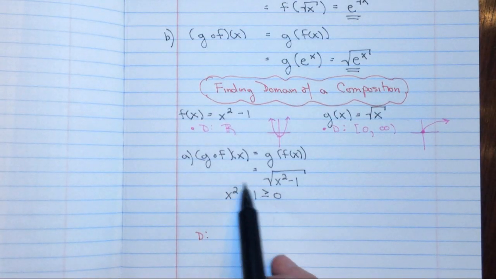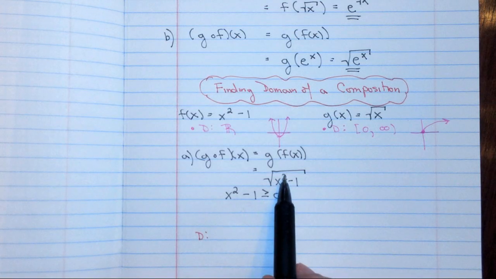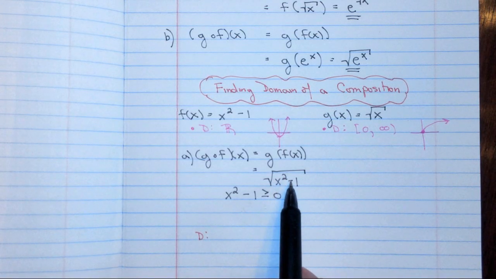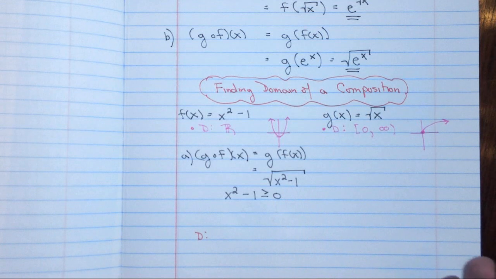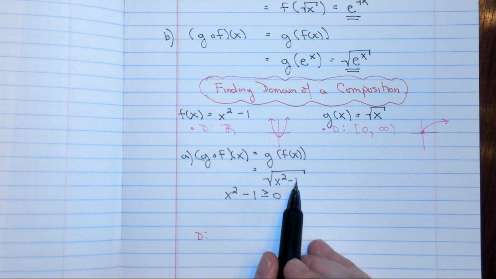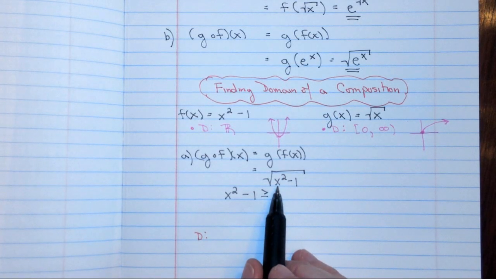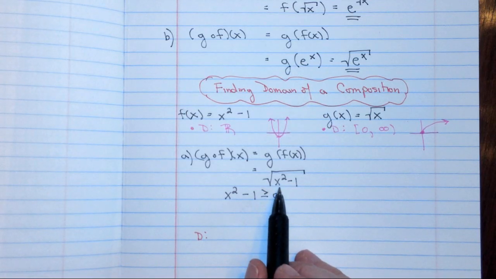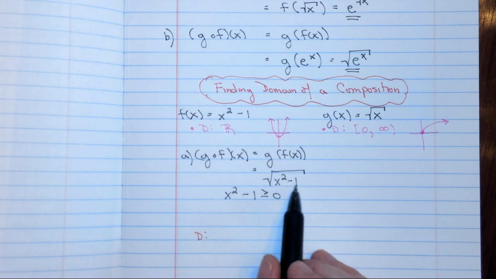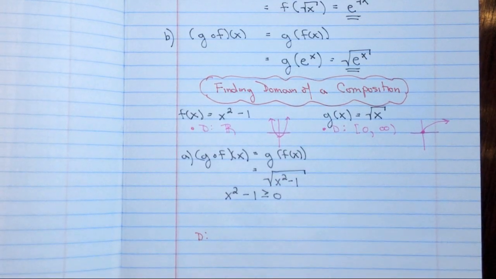So I always need this to be bigger than or equal to 0. If I plug in a negative, squared is positive, minus 1, perfect. Negative 1 squared is positive 1, minus 1 is 0, and I can do that. Negative 2 squared is 4, minus 1 is a positive 3. I can square root that. But if I try negative 0.25, if I square that, I'm going to have a negative in here. So that means that I can only go from